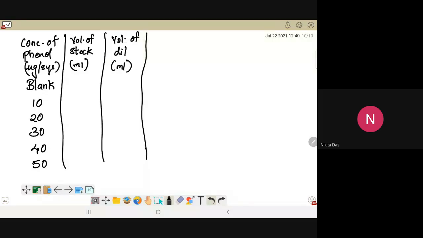So I wanted to do the calculation. For the blank, I know that nothing of stock and 5 ml of diluent will go. We know that our stock contains 50 micrograms in 1 ml. And you know that per system, meaning in the 5 ml system, I need 10 micrograms. So how much ml should I add to get this? That is the question. Make this table, leave space in the table as there is a lot more to write ahead, just make this entry and tell me when done, then we will discuss the volume of stock and diluent that you will add.